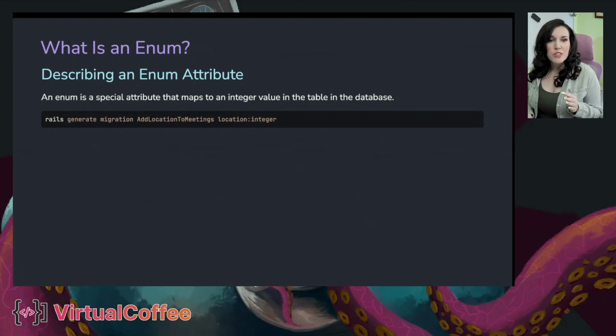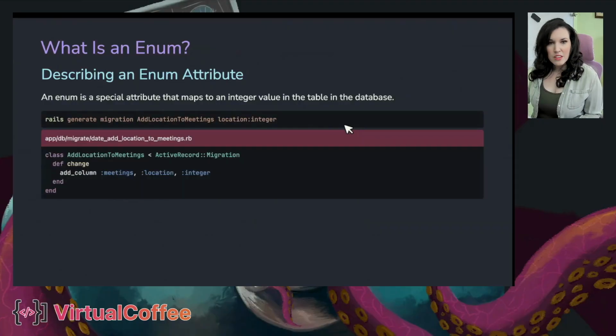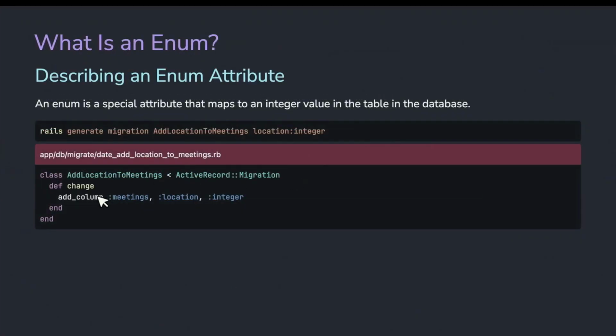And then we're saying location and assigning it the type integer. This line will generate this file, and this is a migration file. And you can see here it's adding a column to this meetings table called location and giving it the integer value.